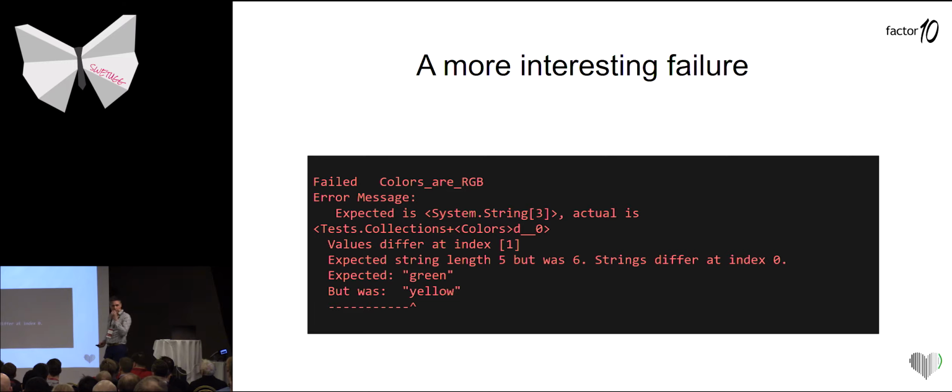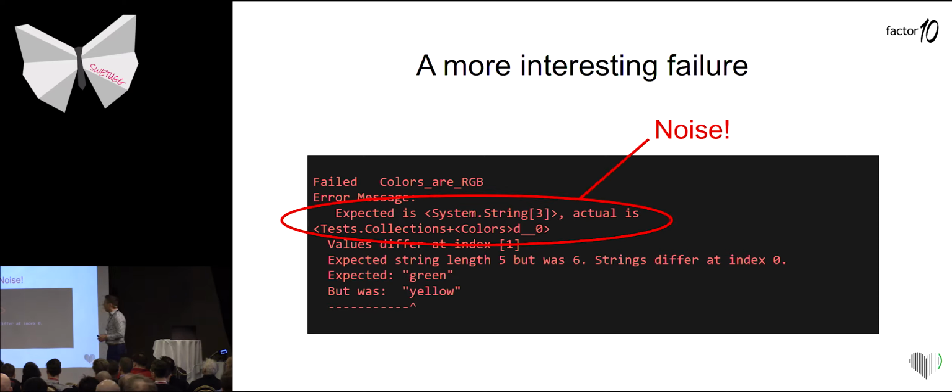Good? So in the corner, yeah. I think it could be better. First of all, I think there's some noise here. I'm not very much interested in the fact that the expected appears to be an array, while the actual is some generated field in a generated class. This is just noise. I also think that the fact that green and yellow differ on the first letter is a bit noisy. But most important,